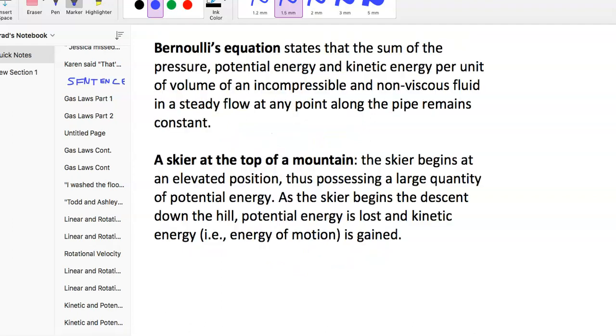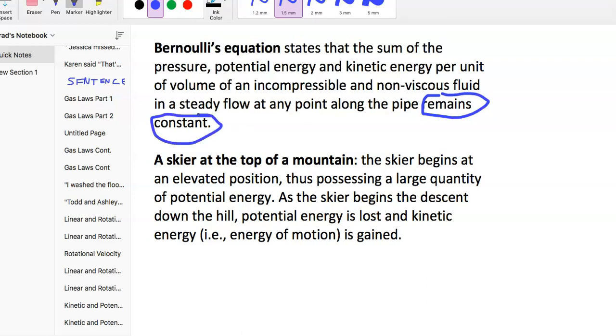Okay, and then 2 other things we want to talk about. Bernoulli's equation, that was one of our questions at the beginning. Bernoulli's equation states that the sum of the pressure, potential energy, and kinetic energy per unit of volume of an incompressible and non-viscous fluid in a steady flow at any point along the pipe remains constant, right? So that was a lot of stuff, and the key thing we wanted to hear was remains